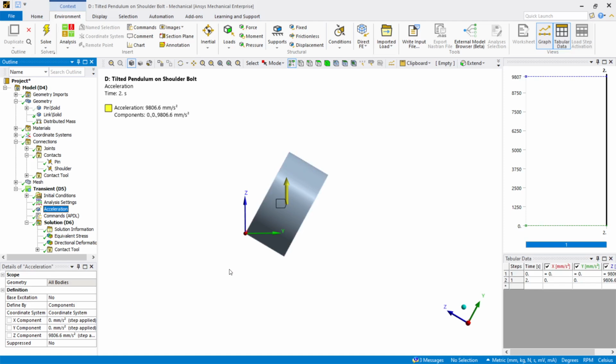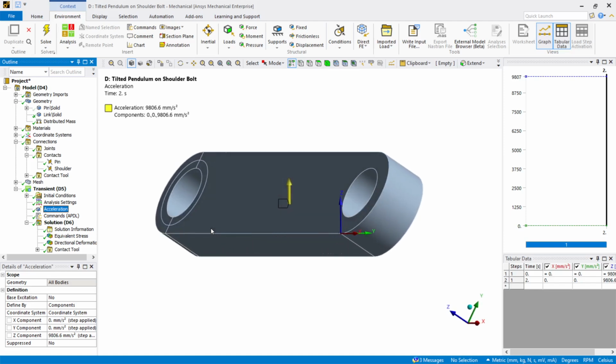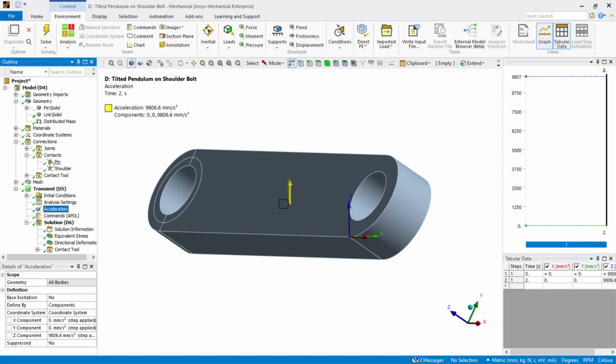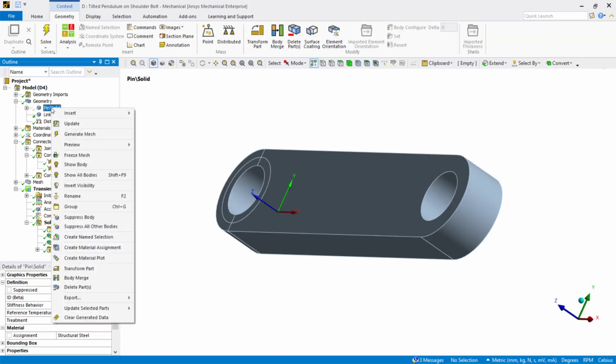The link itself is going to have to pivot in the plane of this tilted plane because there's a tight fit between the pin and the hole, and that tight fit actually is driven by